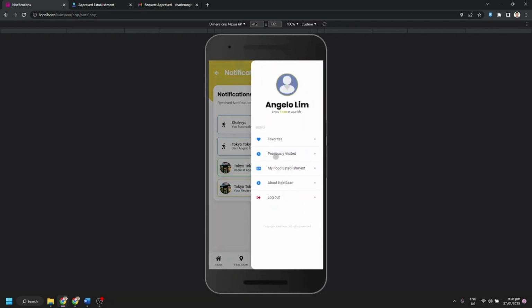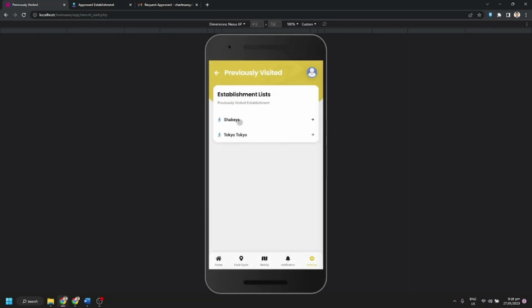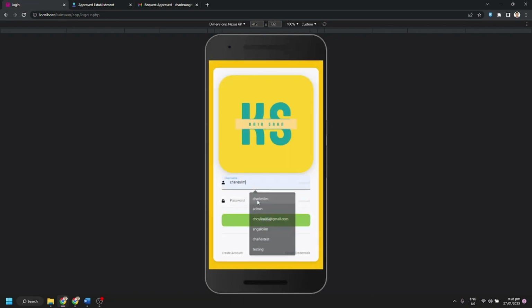So let's check also the previously visited. The checklist is added. So let's log out. And let's log into the account which owns the Shakey's food establishment. So let's log in,